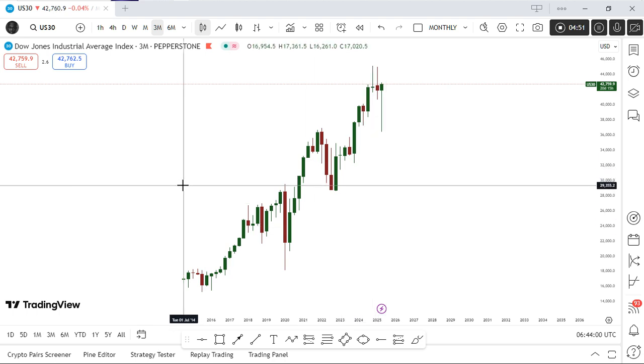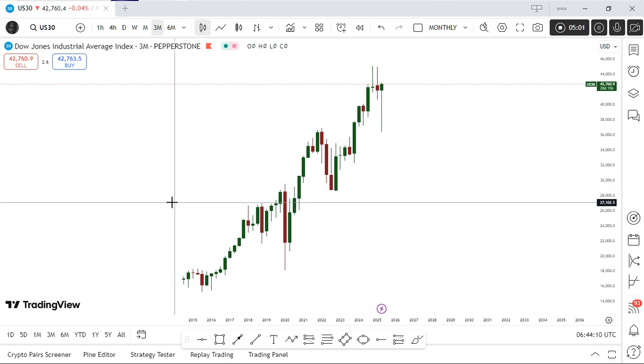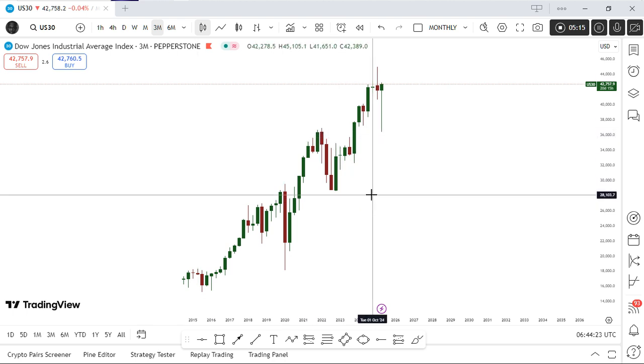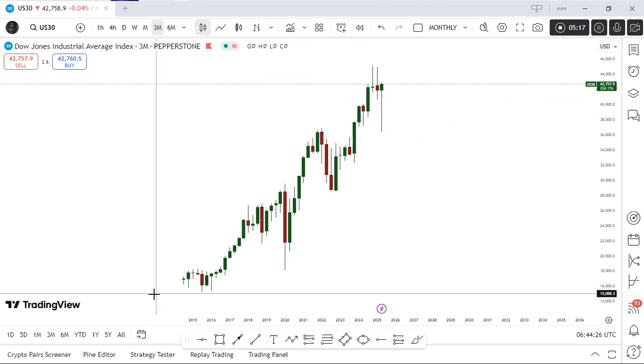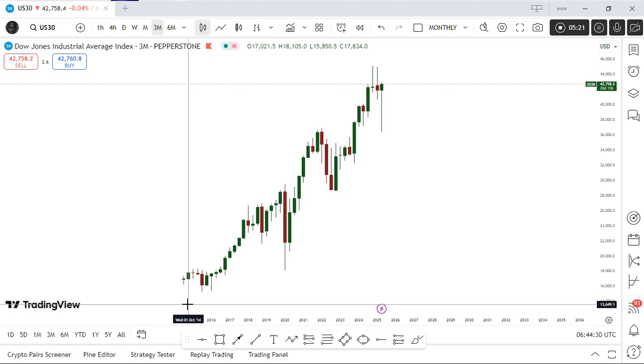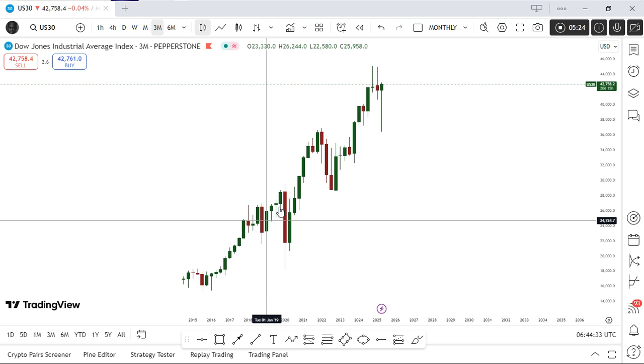US 30 was launched back in July 2014, and it has been awesome. Why do I say that? We would see that the US 30 is a trending market. We have a bullish trending market, we have a bearish trending market. But in the case of US 30, we could see that this is a bullish trending market because since it has been launched in the year 2014, we could see a low, we could see a high,